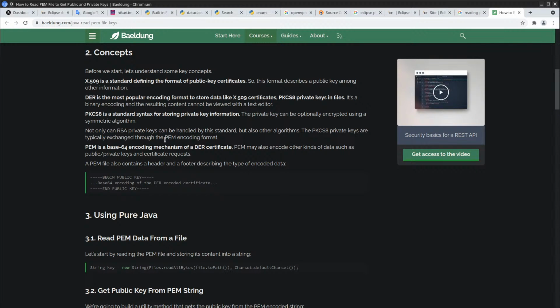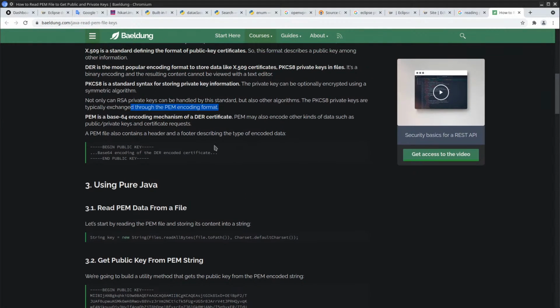Private keys are typically exchanged through the PEM encoding format, and they are throwing a lot of concepts here. Why does it matter which encoding format is being used? It's not really relevant.